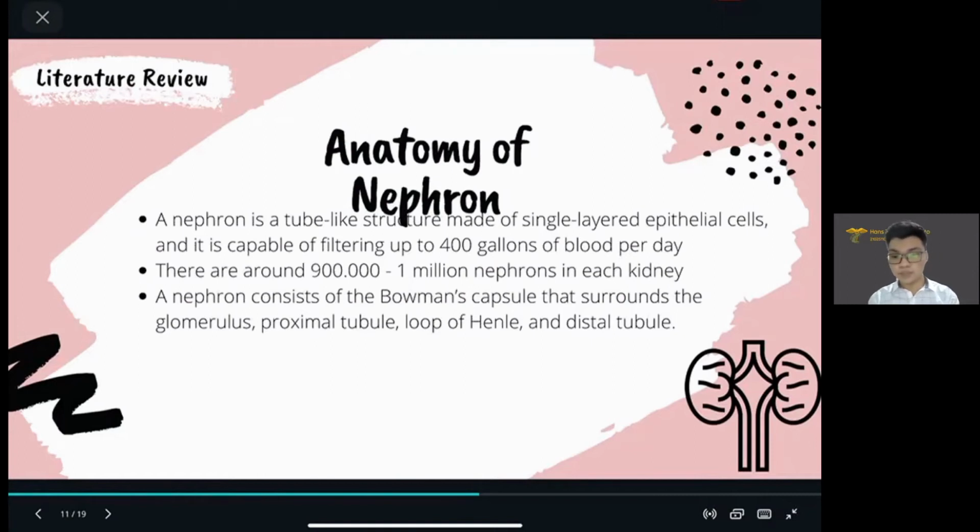The thin limb's main function is related to urine concentrating, and it contains 4 distinct epithelial cell types. The thick ascending limb is responsible for the reabsorption of sodium and chloride, and is also impermeable to water. It is also the site of sodium active transport. The thick ascending limb has a little difference at the outer medulla and cortex. For the outer medulla, it is taller and has simple cell borders, but with prominent lateral. Also, the distal part of the cortical thick ascending limb contains the macula densa.